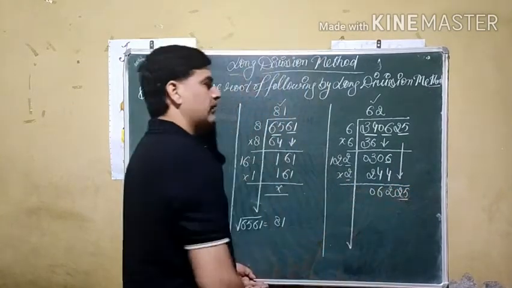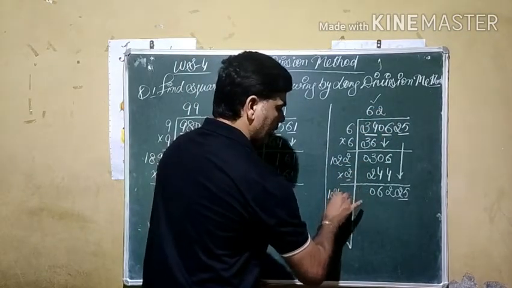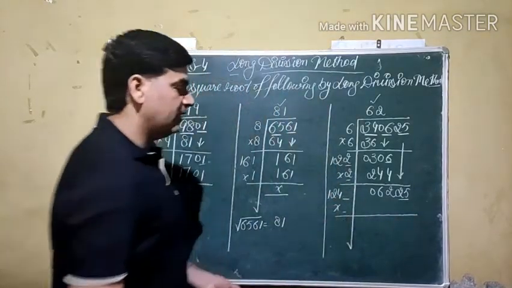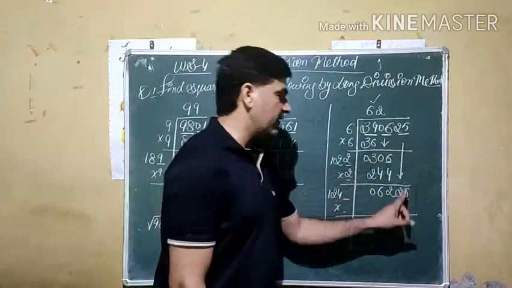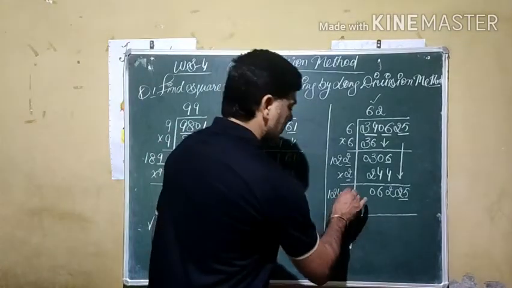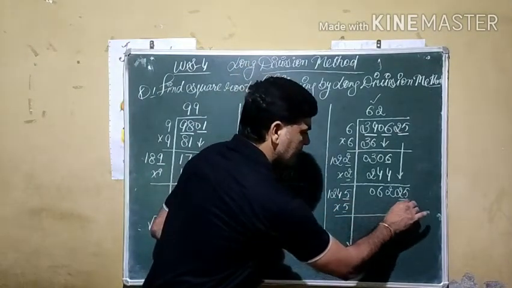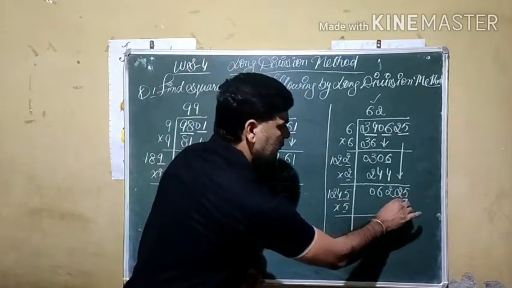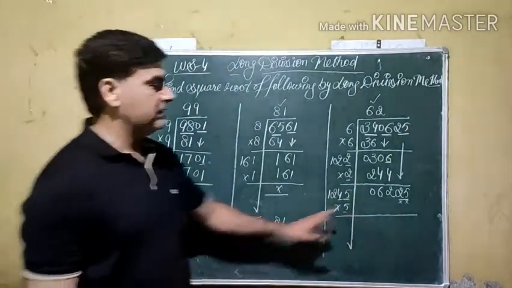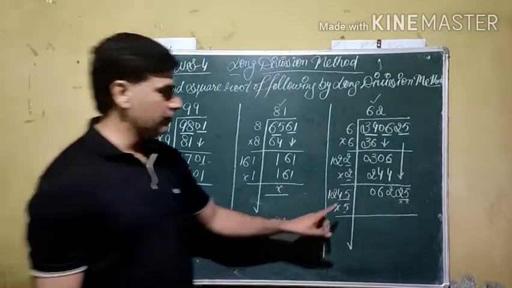Now it is the last pair. Now double of this full number, otherwise sum of these two, 124. Multiply a digit using the same digit here. Now, as you know, this is the last pair. So, the square of which number gives us 5 at the last? That is 5. So, we use here 5. Otherwise, we can use this method also. For this digit, 5 is dropped. For 4 digit, 2 is also dropped. In the table of 12, 62 comes at what place? As you know, 62 does not come in the table of 12. But a lesser value, 12 5s are 60. So we choose 5 as a digit.